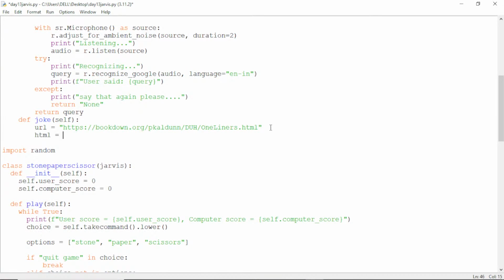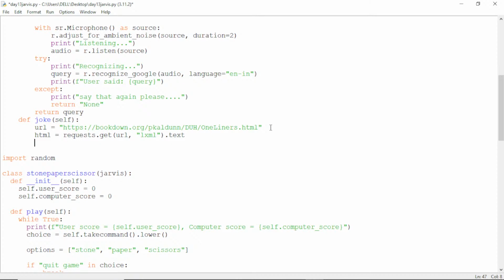For this URL I'll get the HTML. How can we get it? With the help of requests, right? What is the option? Requests.get. Inside I'll pass this URL, and we need to pass a parser, right? LXML. And in this I'm going to get the text alone, .text, and we'll be getting the HTML. I'll pass it in this object, soup equal to BeautifulSoup. We have done this already. I'll pass the HTML here,